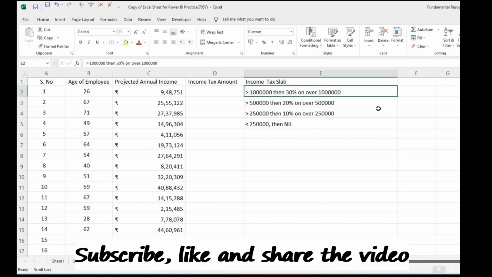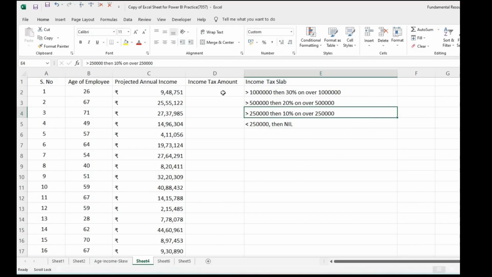The income tax slab says the person earning more than 1 million Indian rupees will have to pay 30% tax on the income over 1 million, earning more than 500,000 will have to pay 20% on the income above 500,000, and people earning more than 250,000 rupees will have to pay 10% on income above 250,000.